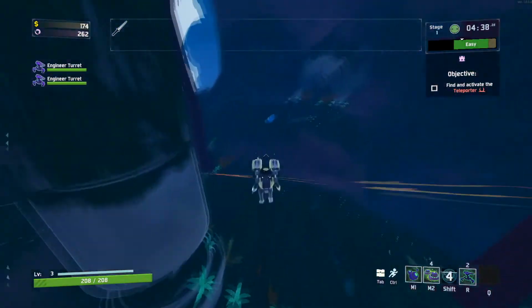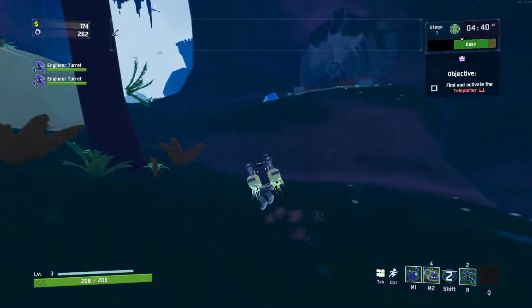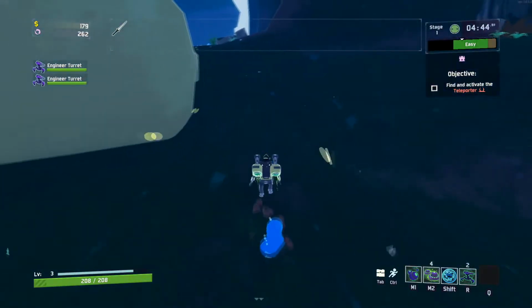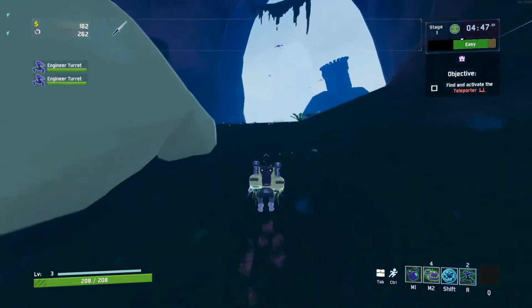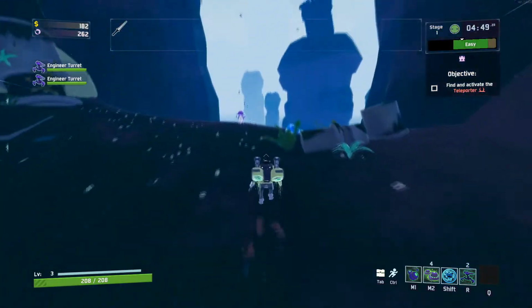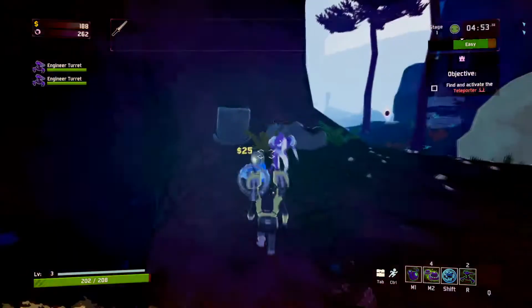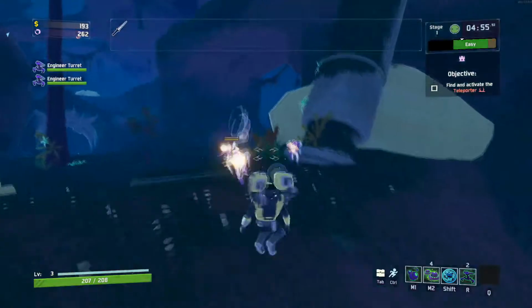ranged enemies. Okay, so let's talk about items for a second. Now, something that most people will discover right off the bat is that, since the engineer turrets inherit all the items the engineer has,